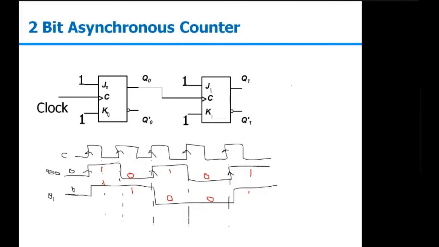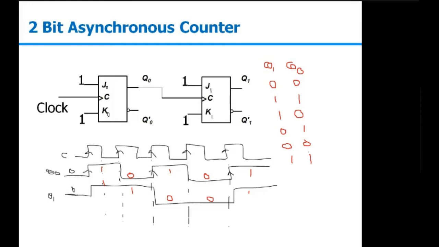So how does it go? If you cross check Q0 and Q1, initially we considered the reset condition 0, 0. After 0, 0, what are we getting? 1, 1. After 1, 1, we are getting 1, 0. Then we are in the 0, 1 condition. After that 0, 0. After that 1, 1, and it will continue depending on the clock.